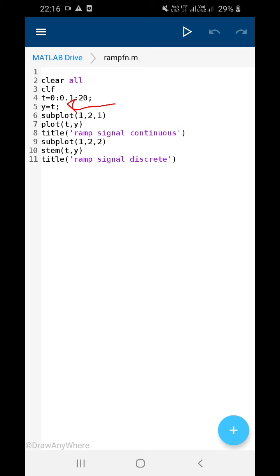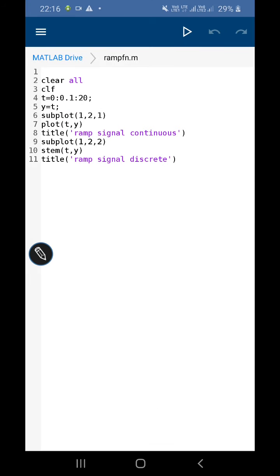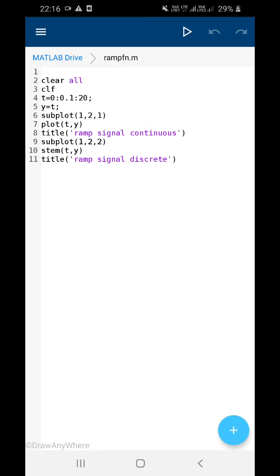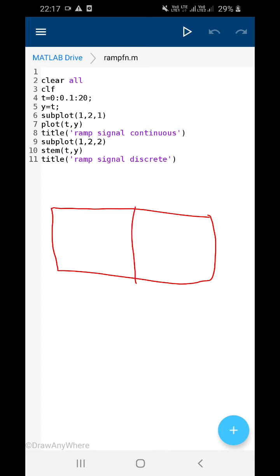Then subplot. You know that we can use subplot command to plot more than one figure or more than one plot in one window. So what is the meaning of subplot 1 comma 2? You know that 1 means row, first argument is 1, means one row, and 2 column. 1 row and 2 column means you can plot two graphs over here.